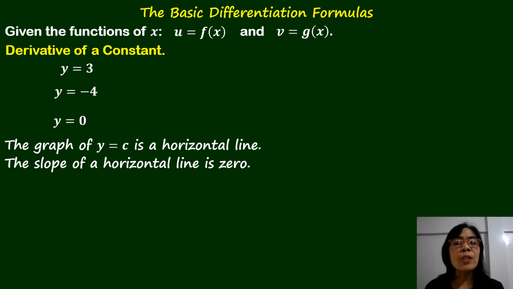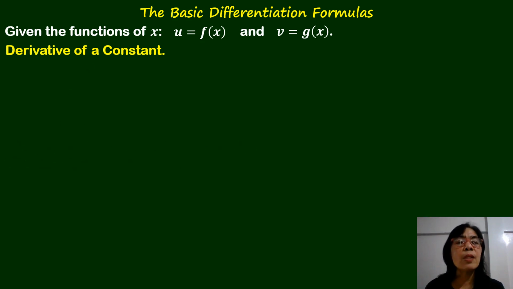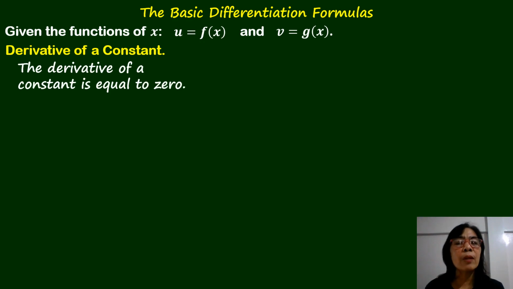In our previous discussion, we defined the derivative of a function as the slope of the function. And so, if the function is a constant,